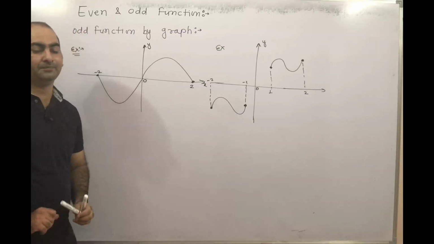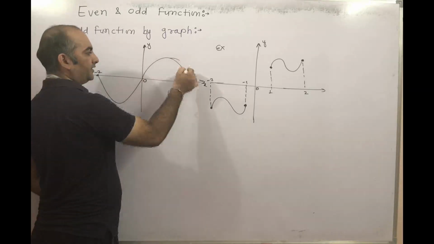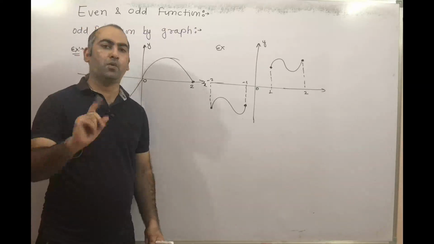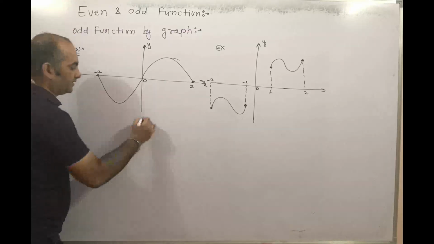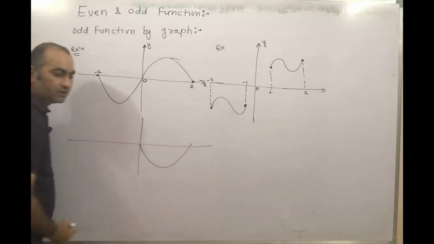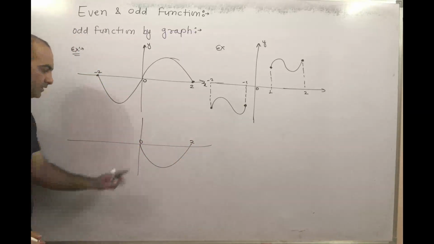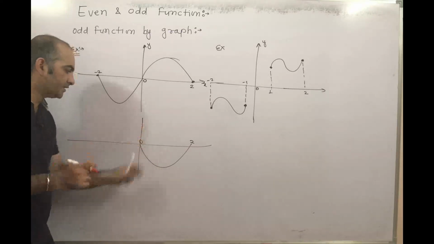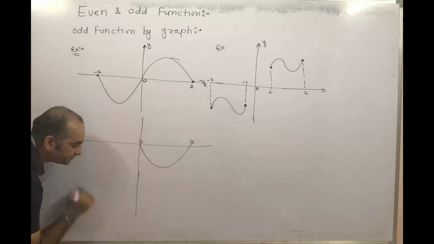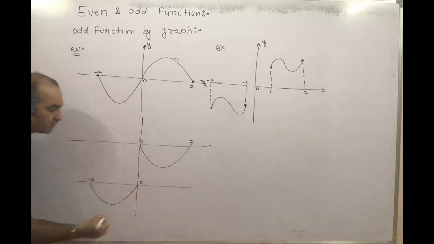So the domain is symmetric. Next, suppose we take this graph. You have to rotate this graph 180 degrees with respect to the x-axis and the y-axis. If you rotate with respect to the x-axis first, we will get this graph. This is 0, this is 2. After that you rotate this graph with respect to the y-axis, so it will come to this side. This point will go to -2, this will be 0. So this graph will come.